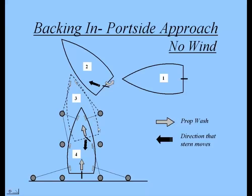The further I am into the slip, even if angled, the better off I am. So even if I come and nestle against a piling, if I've previously verified there are no nails in these pilings and I've got good rub rails on the boat, I can nestle against the piling. It's okay. But once I get into this depth, I can do another kick and straighten the boat in order to clear this next piling. So I do alternate kicks and then slow reverse, kick, slow reverse, kick, slow reverse, until I get myself angled